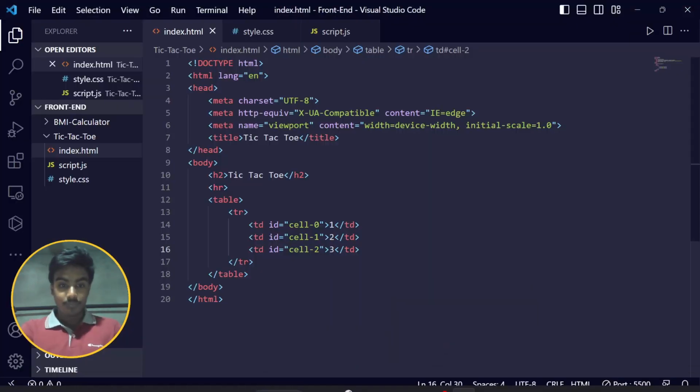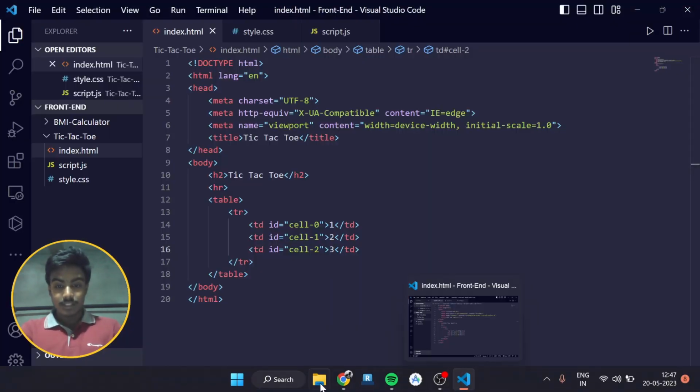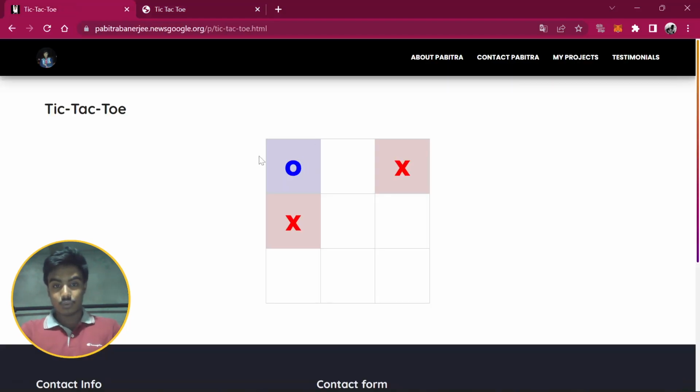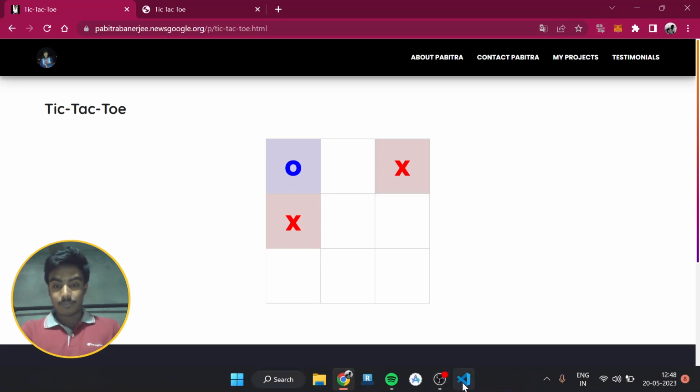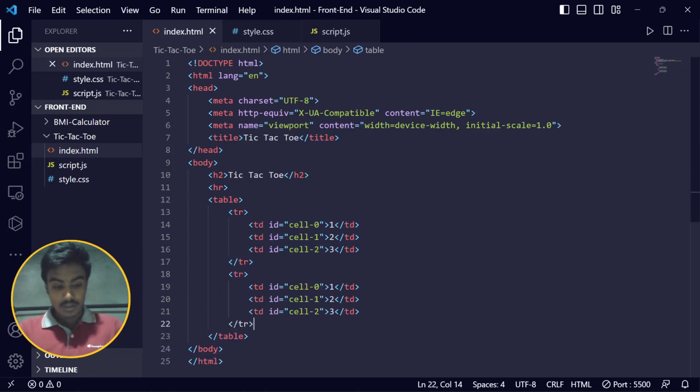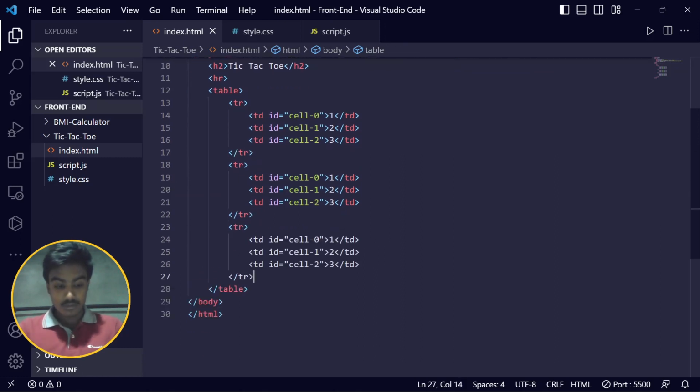Now as you have seen, inside our tic tac row we basically have three rows, one row here, one row here, and one row here, and every row has three data cells. So we have to create it. I will simply copy the whole tr tag and paste it two times. As you can see, we now have nine cells, so I simply have to name them, 3,